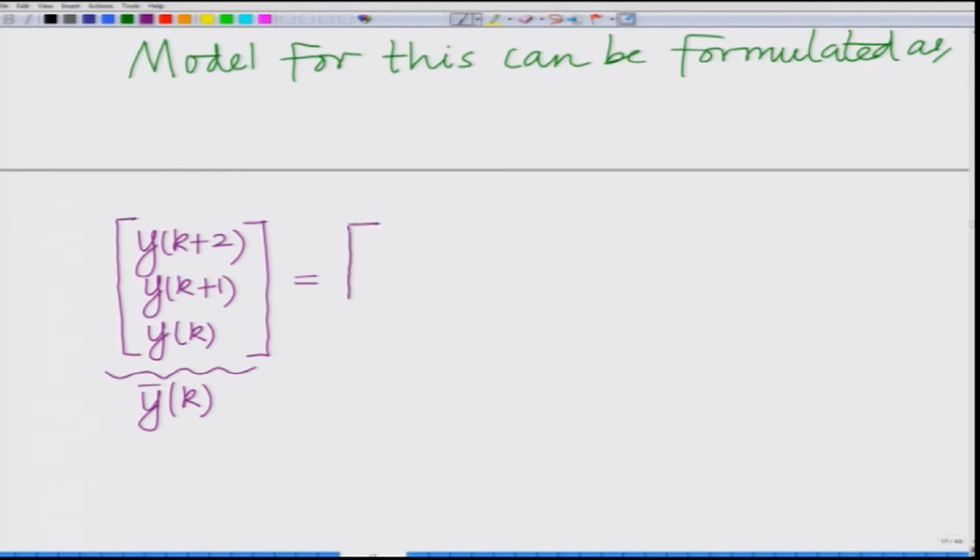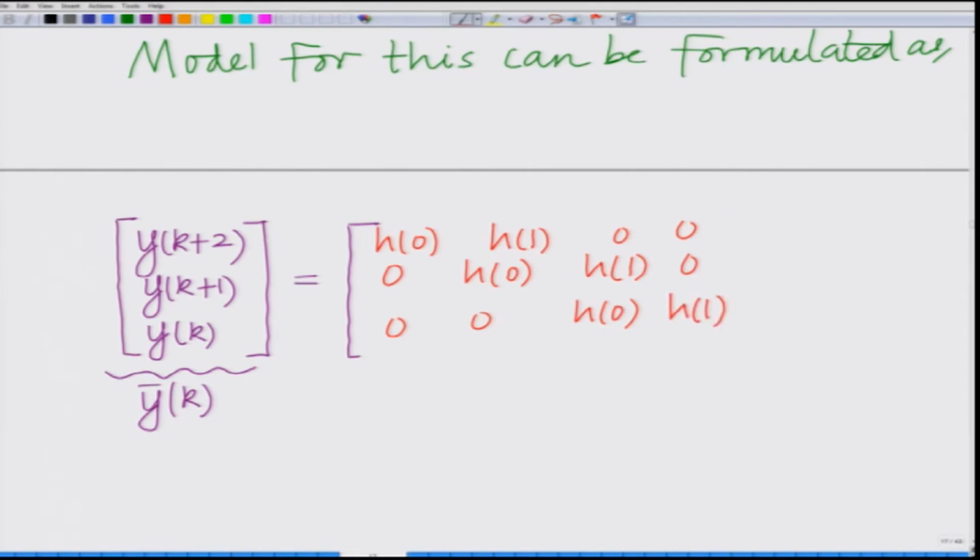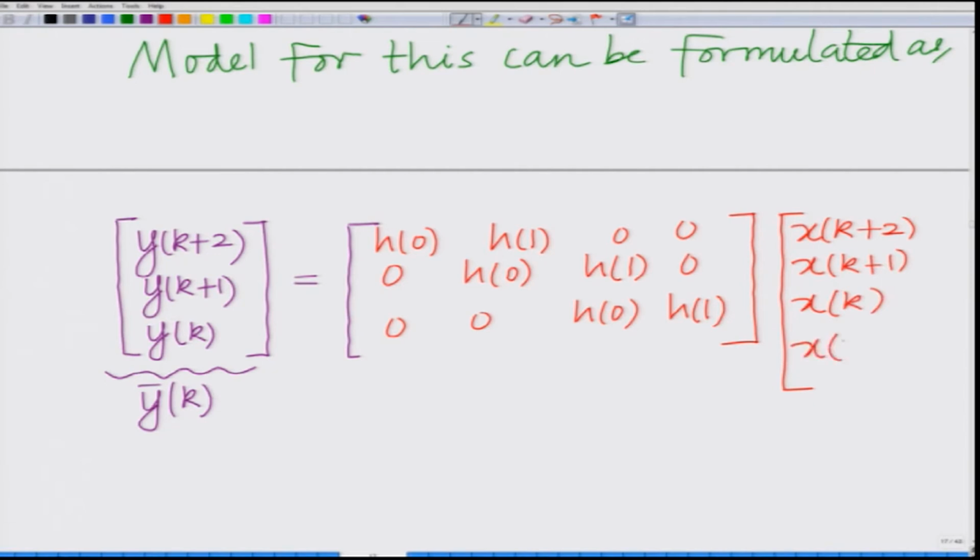From the model for the intersymbol interference wireless channel, this can be expressed as the matrix with rows H0, H1, 0, 0; 0, H0, H1, 0; 0, 0, H0, H1, times the vector xk plus 2, xk plus 1, xk and xk minus 1,